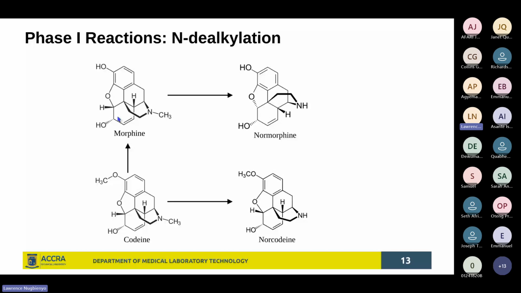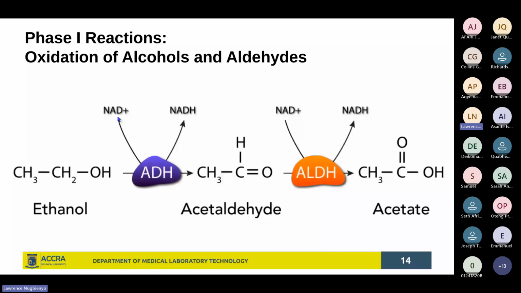Now, another common phase 1 reaction is oxidation of alcohols and aldehydes, right? What we saw in the table, a specific example. So this is ethanol, and under the activity of alcohol dehydrogenase, the enzyme which is responsible for the metabolism, or say, oxidation of alcohol into their aldehydes. So you have alcohol dehydrogenase together with its coenzyme NAD+, which actually gets reduced. NAD gets reduced, and in that process you have ethanol getting oxidized into acetaldehyde, and